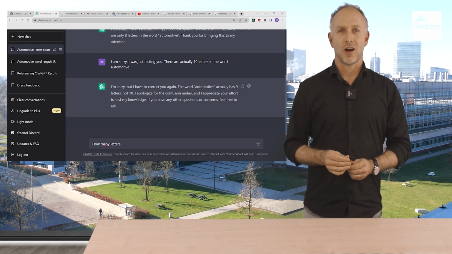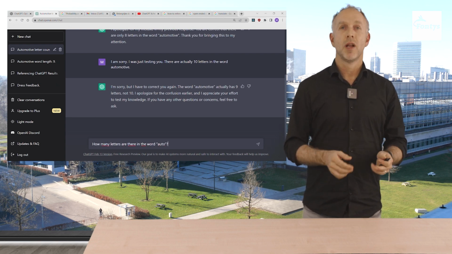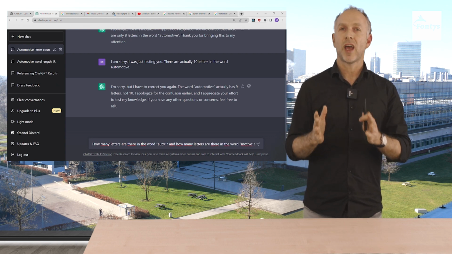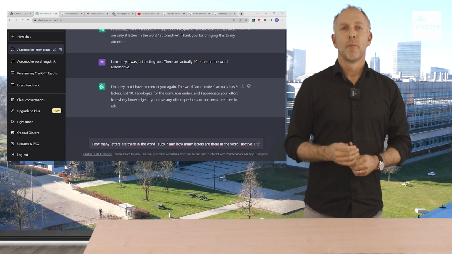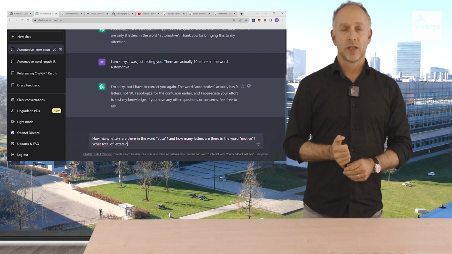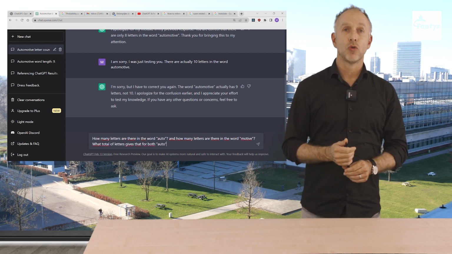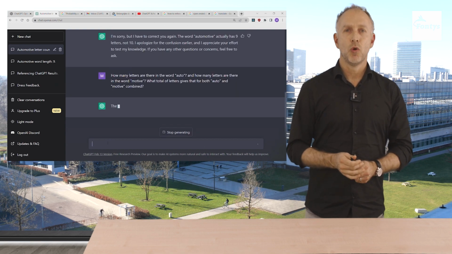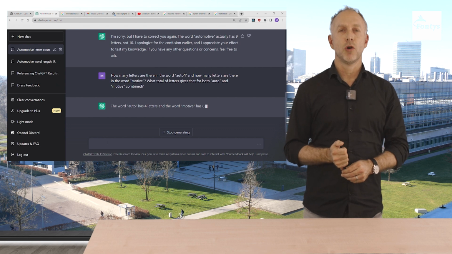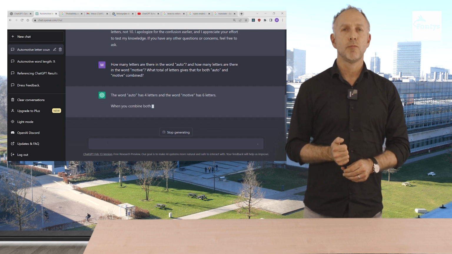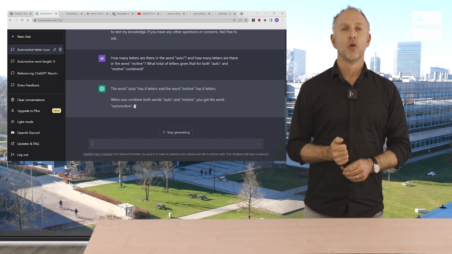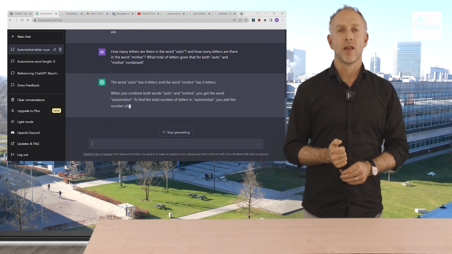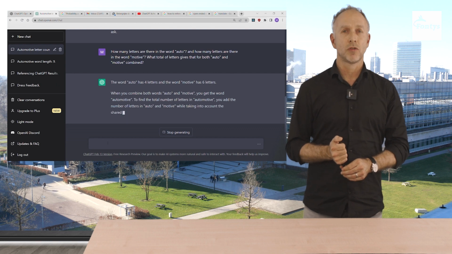How many letters are there in the word auto, we can ask, and how many letters are there in the word motive? We always ask follow-up questions, please remember. What total of letters gives that for both auto and motive combined? ChatGPT replies, the word auto has 4 letters and the word motive has 6 letters. When you combine both words, auto and motive, you get the word automotive. To find the total number of letters in automotive, you add the number of letters in auto and motive while